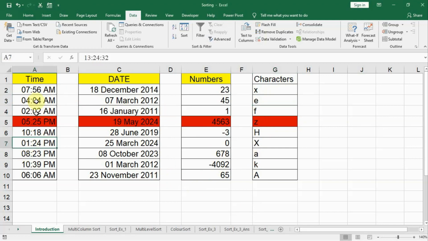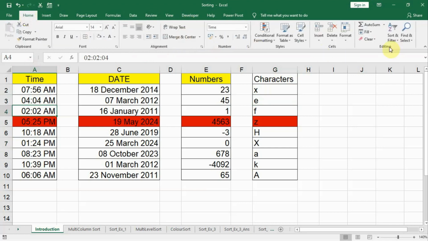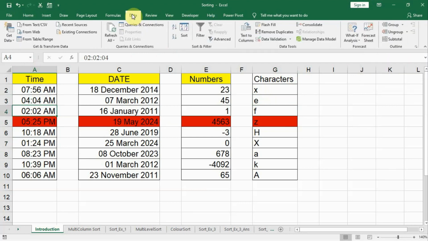We can click anywhere in the first cell in the time column and we'll see how we can sort it. Click anywhere inside the time and you see there are two options. One is in the Data tab, where we have a Sort and Filter group, and these are the three sorting icons. Along with that, in the Home tab there is an Editing group. In the Editing group we have Sort and Filter, and in its options these three options are again available, as we have seen in the Data group. So we'll follow the Data group because that is more convenient and gives you better control.